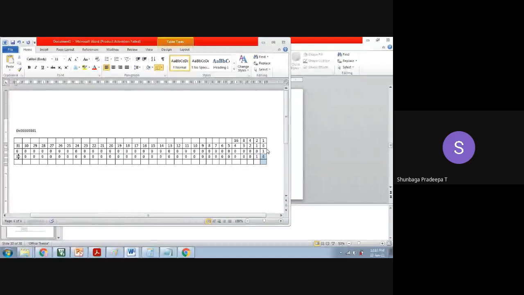So the hex value of this number is what? What is the hex value? What we have got now is... Okay, so 1 time left shift is equivalent to multiplying by 2 power 1 times.